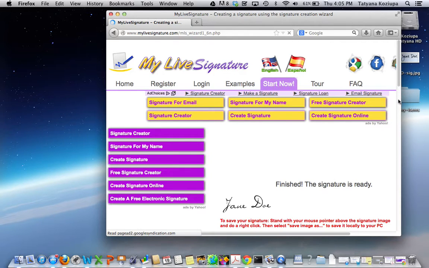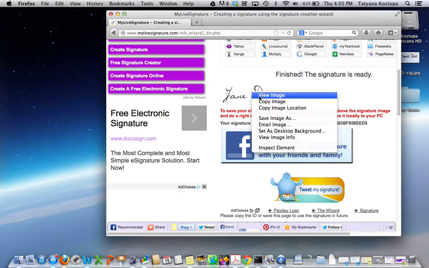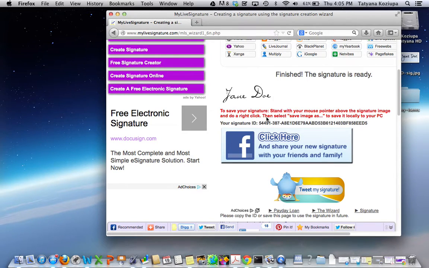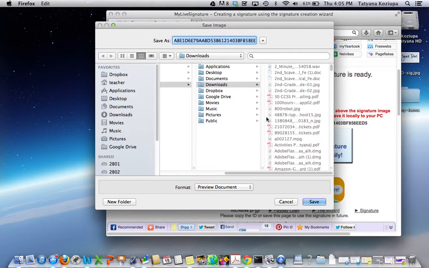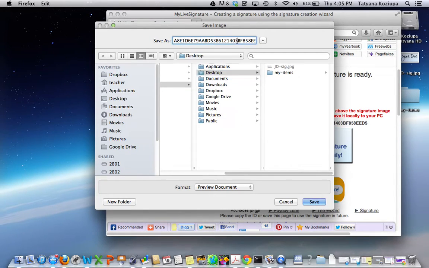Okay, so the signature is pretty much ready. In this case, all we're doing is right-clicking, or with a laptop, holding down Control and clicking on the image of the signature and going to Save Image As. Okay, I'm going to put this on the desktop, and I'm going to call this My Live Signature,